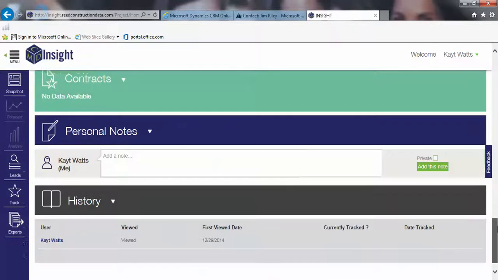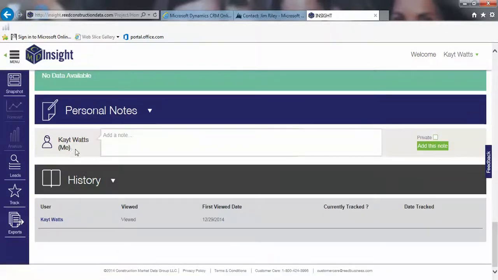And then if you scroll all the way to the bottom where it says personal notes, it'll say like Dryco, West, or East for you guys when you're logging in. But you guys can always add notes to this project if you wanted to. And click add note, and then you can make it so that it's private too. So if you're the only one that wants to see this note, feel free to click that checkbox,